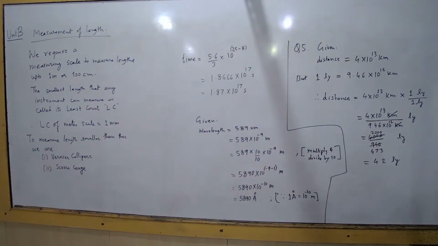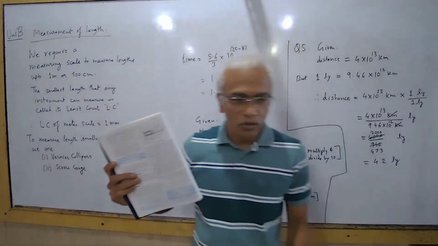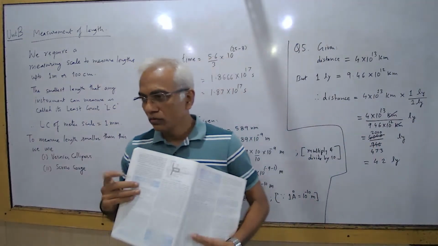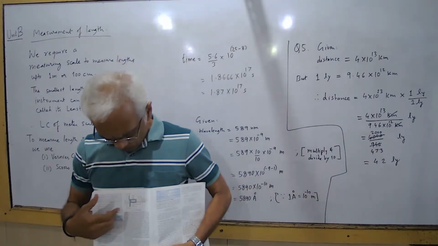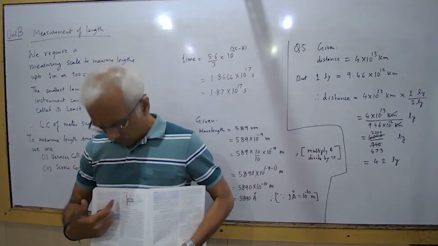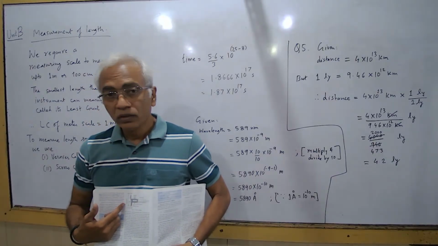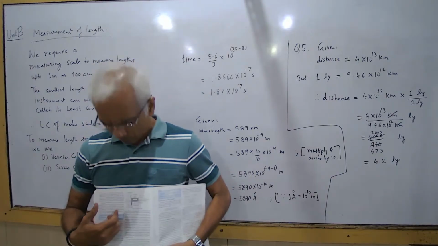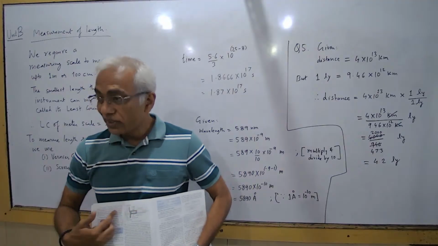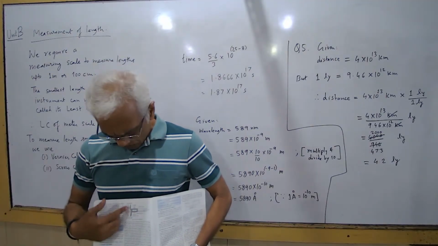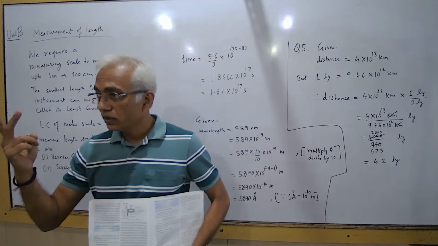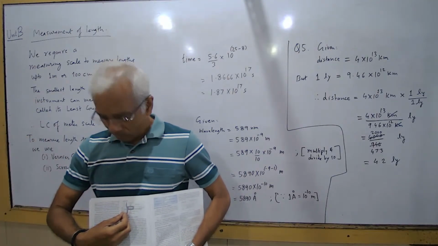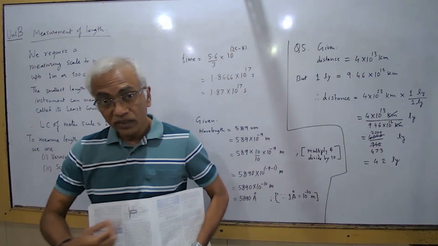This is how the vernier scale looks. Okay, everybody can see it in their book. So in experiments they will show you. You have two scales basically. The scale that you are already familiar with, which is part of the meter scale, is called the main scale, the white one. And the shaded one is called the vernier scale. It is a combination of two scales, right? And this vernier scale moves on top of the main scale.